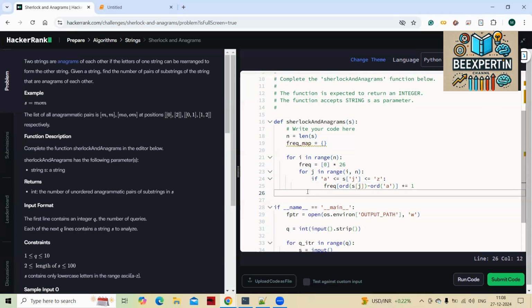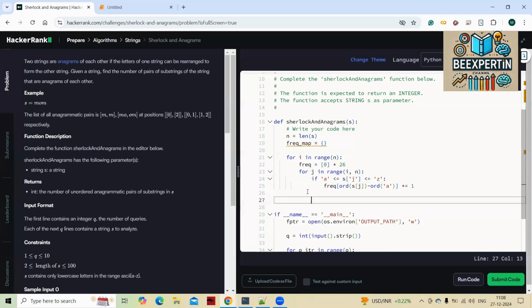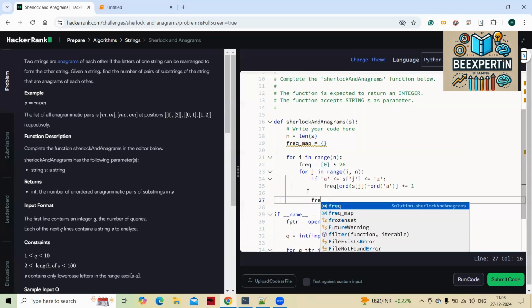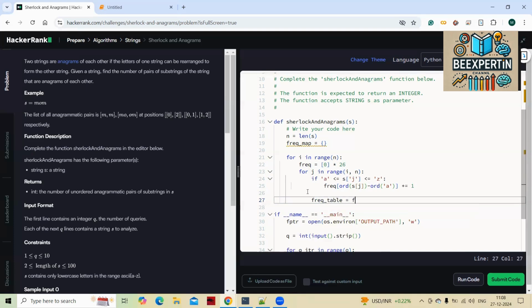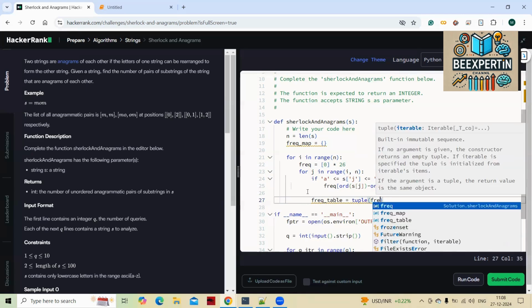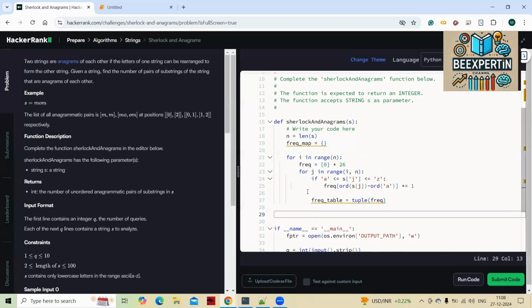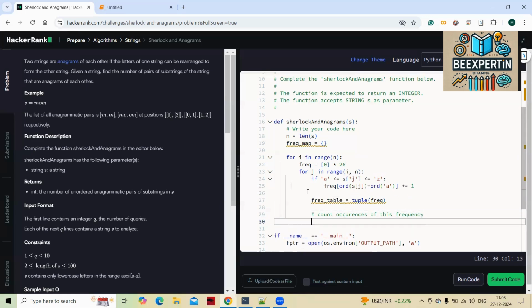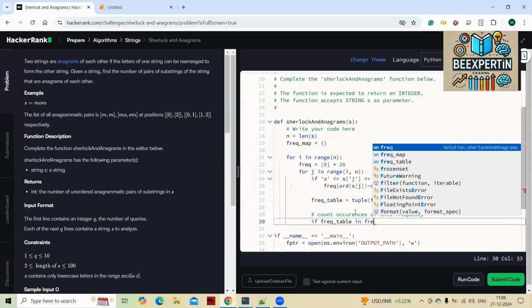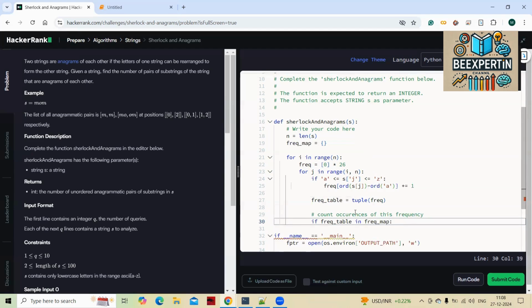Now once we have this, we will convert the frequency counter into a frequency tuple. If you remember, I had asked a question about this. Now we will count the occurrences of this frequency tuple. How many times is this tuple occurring? Okay, we'll count this. So if the frequency table is in the frequency map,